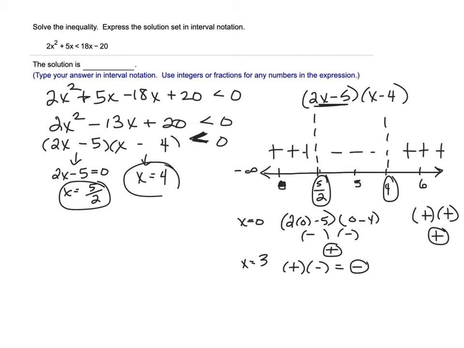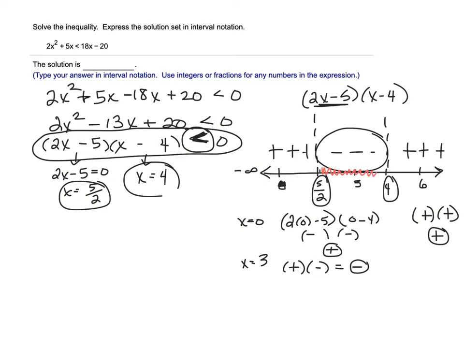So now once we have this finished, we're ready to write our answer. Let's go back. What are we looking for? We want to know where this is less than 0. Okay, now less than 0 is a negative number. So we are looking for the negatives. All right? So our negatives tells us this is my interval. These are the x values that make the polynomial negative. So my answer will be